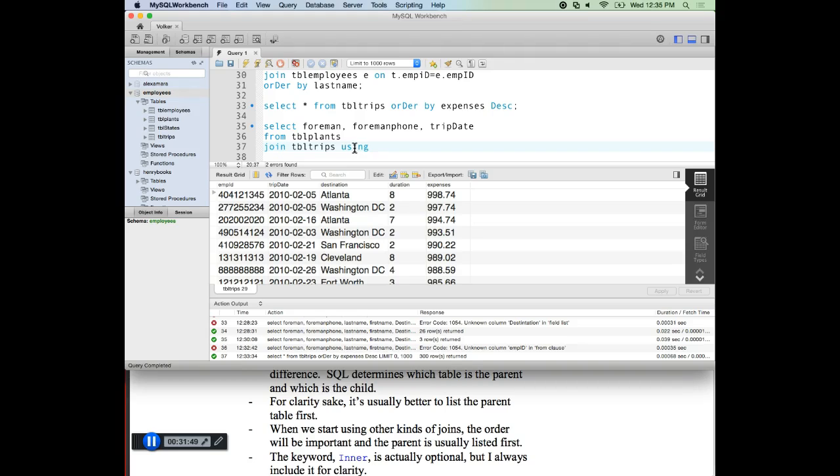The two tables don't have anything in common, but they do. They have another table in between. That's often called a linking table. And so if I want information from two tables that are not directly related, I have to still make a chain. Even though I don't need anything in my results from employees, it is part of the chain that gets me from plants to trips. As long as I complete the chain, I can pull stuff from two indirectly related tables. So that's not legal, so I need to link plants to employees again